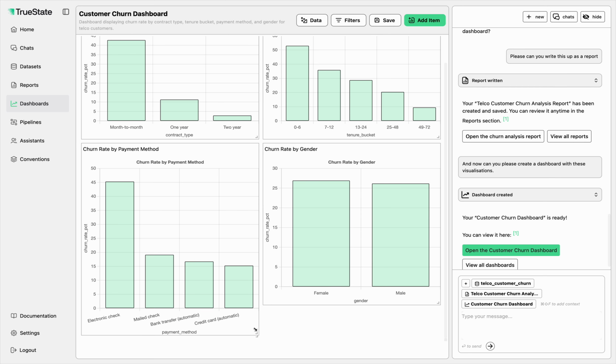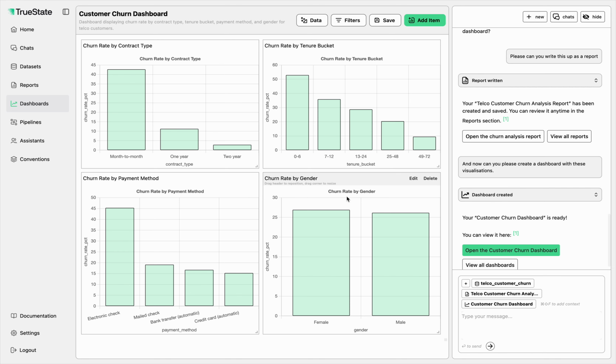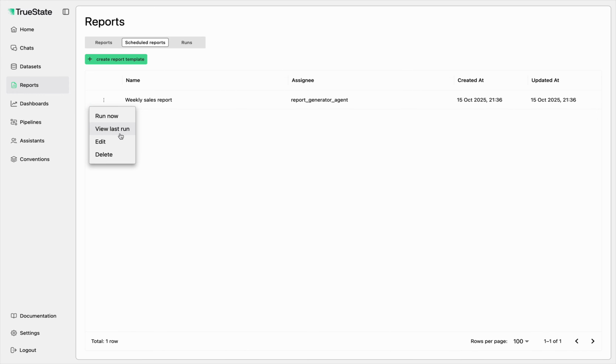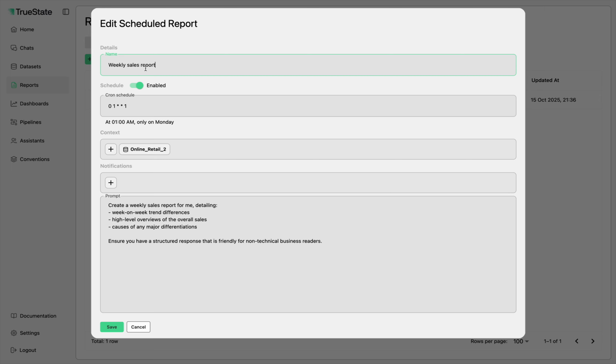Cool. So we've covered the base of the time-consuming stuff for analysts, and if we wanted to schedule a report, for example, if we've got stakeholders who are on our tails every week, we might decide to write a report. And this is an example of a sales report, which uses a different data set. Runs 1 a.m. every Monday. You can decide to notify people via email address. And we create a prompt, and essentially what it does is goes behind the scenes and creates the same reports that we saw just before, but it does it in a human out-of-the-loop modality where it can create these scheduled reports. So we'll go back to this chat and say,